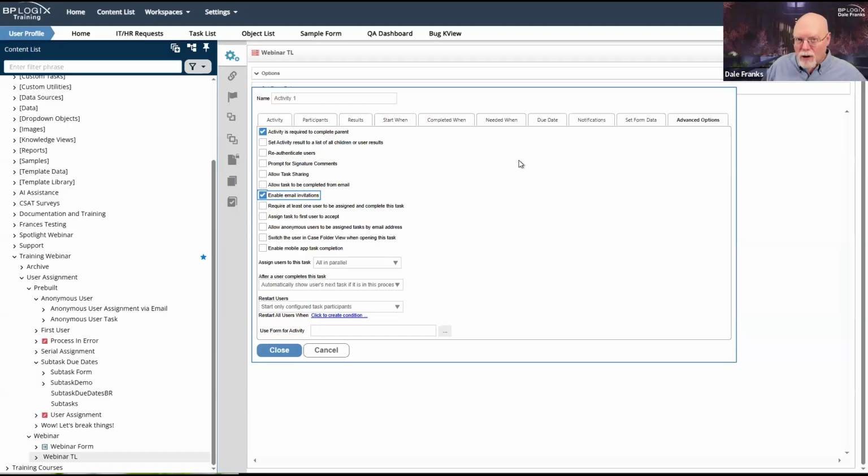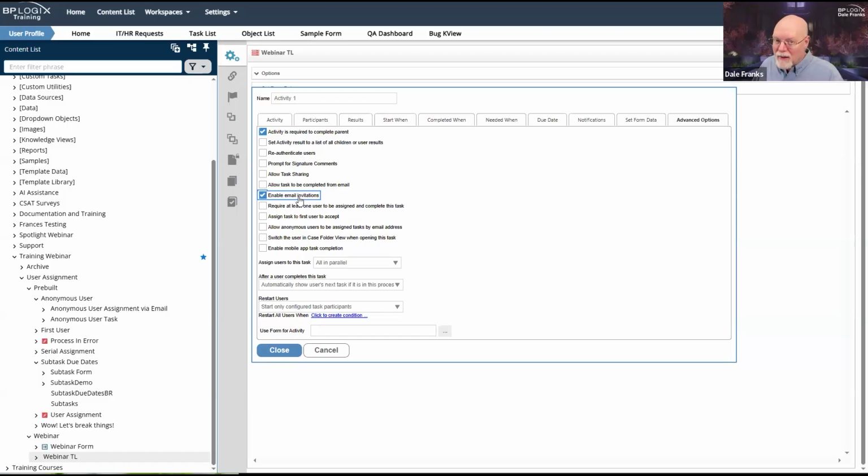In both of those circumstances, I'm going to allow the assignment of tasks by email, one from anonymous users who just have an email to identify them, as far as that goes. And the other is this enable email invitations, which will enable me to get a special invitation link in my task assignment email that I can forward to someone else and invite them to become part of the task.